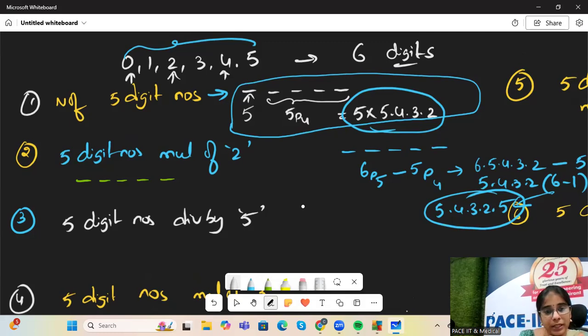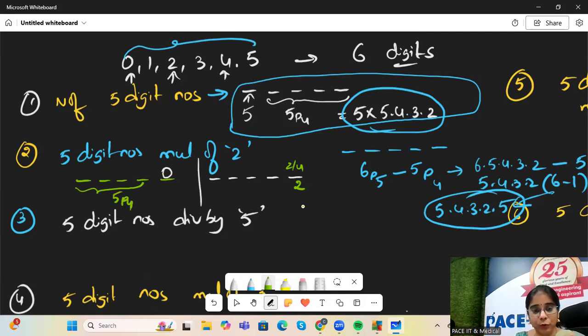If 0 is there in the units place, it is one case; you solve it separately. With 0, 1, 2, 3, 4, 5, if 0 is not there, you should have either 2 or 4, which is two possibilities. Now tell me, 0 is here. You are left with 4 places to be filled from the 5 digits. So is it 5P4? And this 0 is done in one way. So altogether the answer here is 5P4 into 1, plus